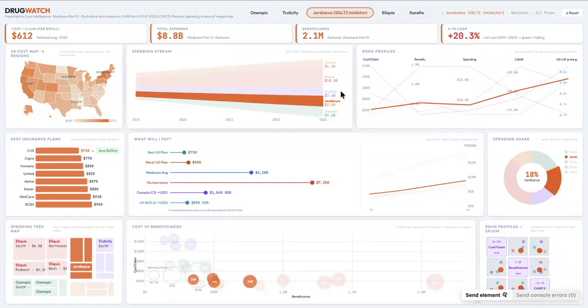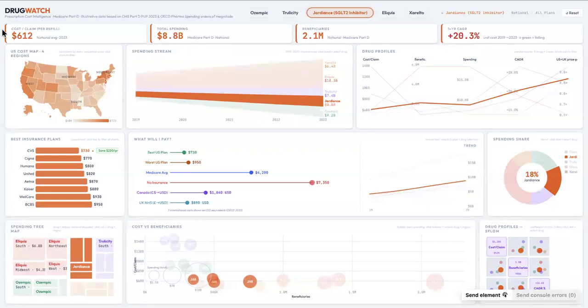Hey, today I will be presenting the dashboard called DrugWatch, which is a prescription cost intelligence system. It is also called a visualization tool, designed to analyze Medicare Part D spending and insurance plan pricing across five major medications. The dashboard addresses a critical issue in healthcare: which is the best plan for a certain